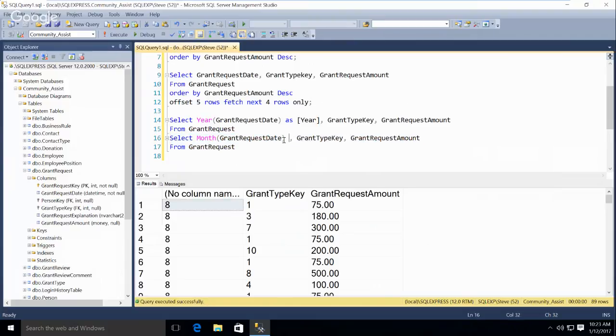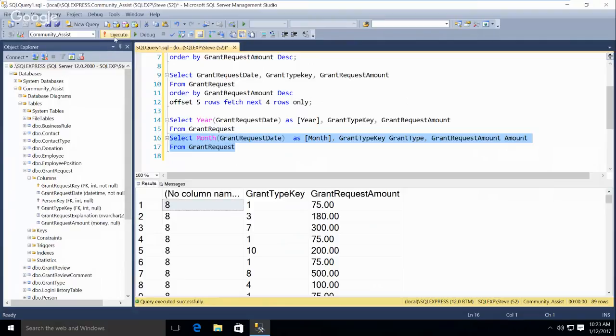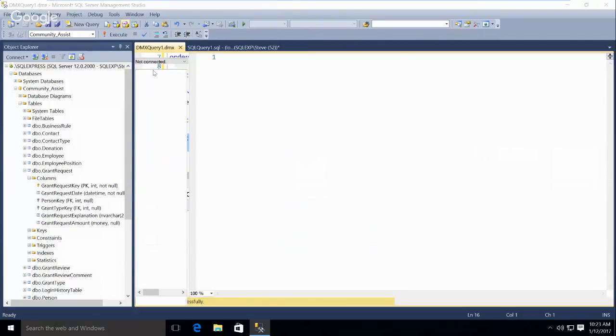I'm going to paste that back in. I could do this as grant type. And then we could alias this as amount. Notice that I'm leaving out the as. You do not need the as. It's an optional keyword there. Oh, I missed.